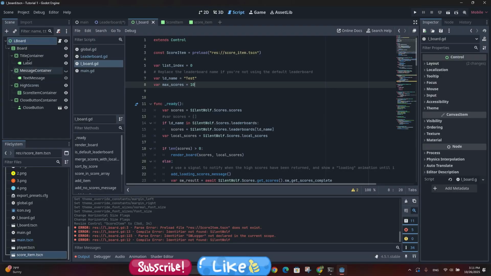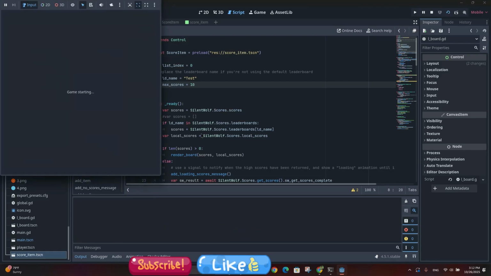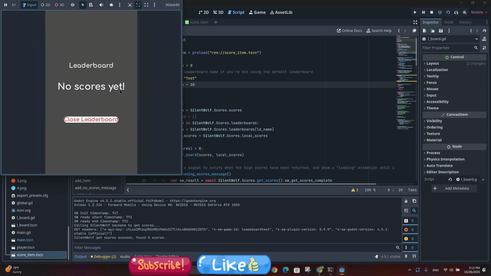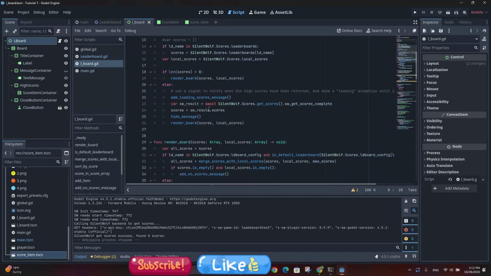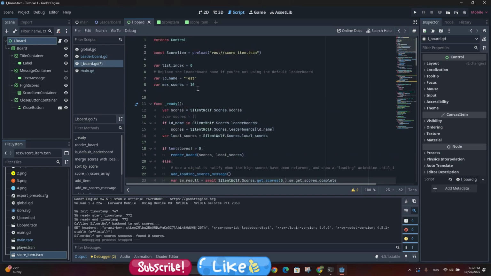I think that's it. Let's see if our leaderboard works or not. Yeah, if it loads the score, then it's good. So let me just run the scene. Loading a score. Does it load the score? No score yet. So it says no score yet, so we might need to modify some of the code. Stop it. And the thing is, while getting the score in this line, await scores get a score, we actually need to pass some of the arguments here. Okay, 0, the first one means load all the scores, it says. Okay, and after that we need to pass our leaderboard name,